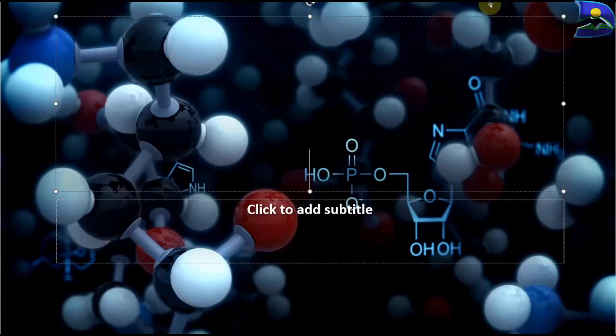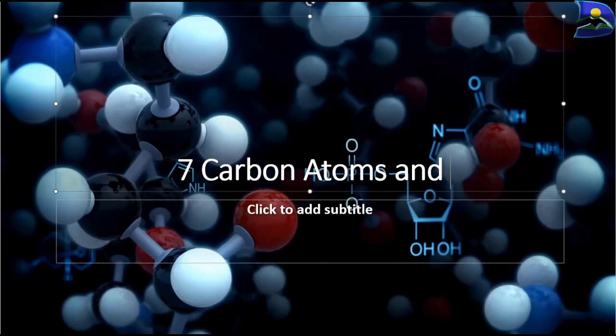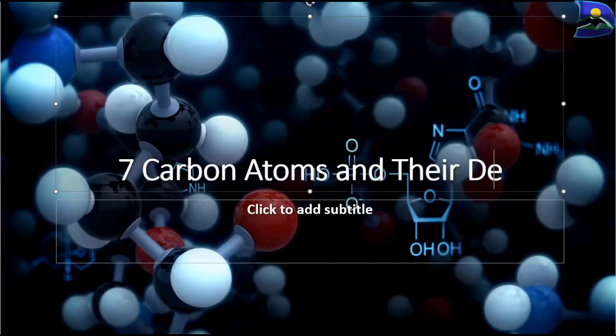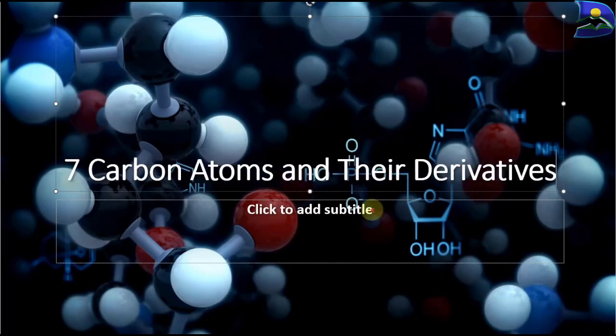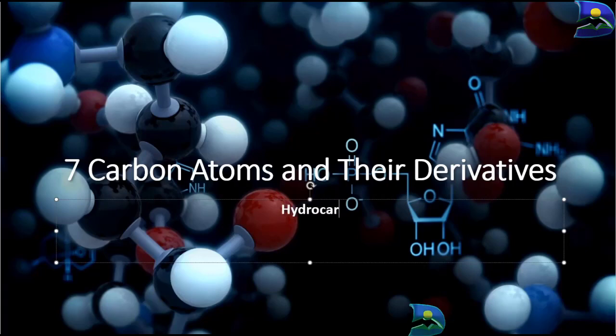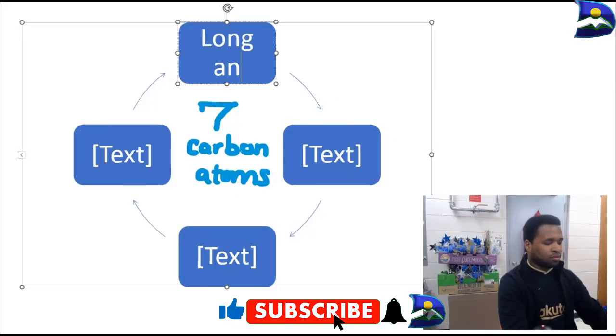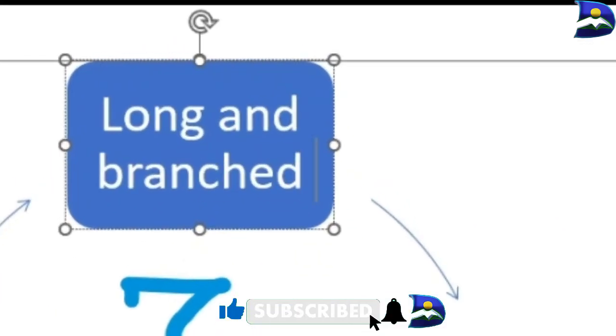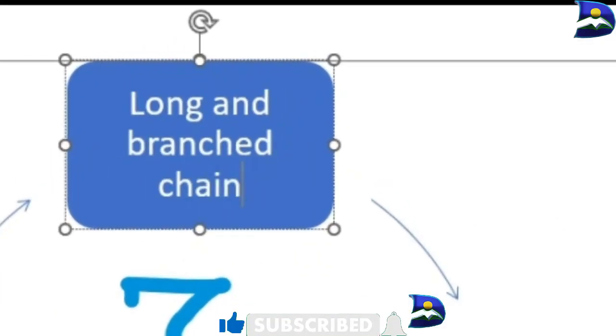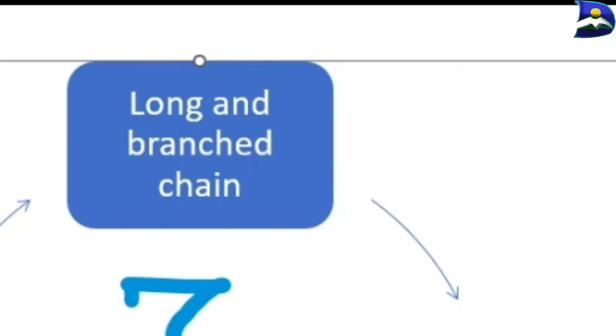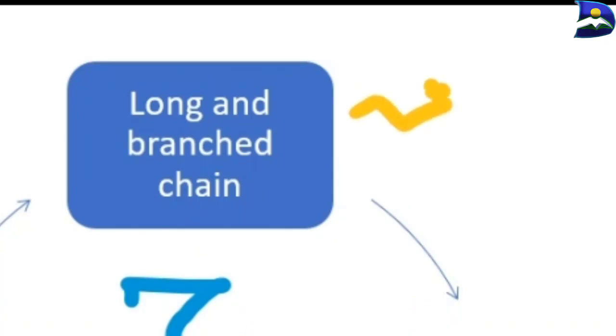In this video, you're going to learn how to create 7 carbon atoms in terms of forming bonds and their derivatives. And this is going to be important when we are dealing with hydrocarbons in organic chemistry. Now, the first step that we're going to look at is the following. We're going to look at how to create long and branched chains related to 7 carbon atoms from one end